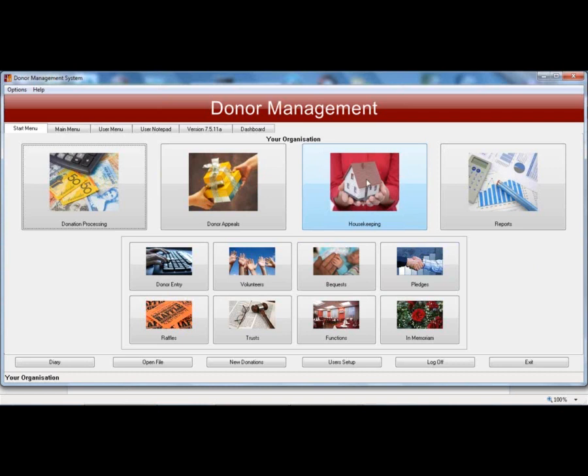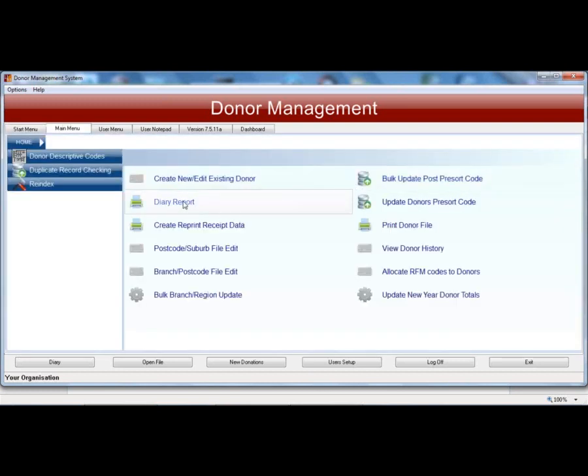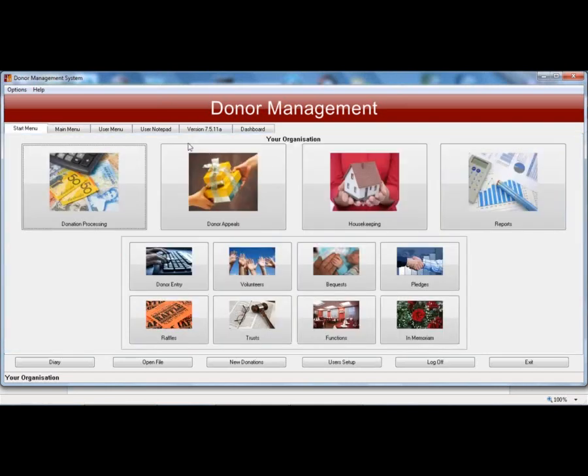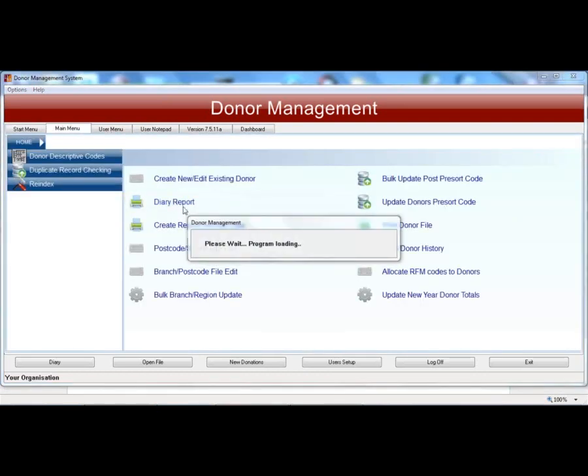Yeah, so there's a number of places that you'll see. You can go into trusts or bequests or housekeeping and volunteers and get the same report. The diary report, for all purposes, is fairly much the everything report. So you can extract just about every detail of donor records. Like if you're going on the road, then you might say, okay, I want all the people that meet this criteria. So in this case, I've got to the report by going through housekeeping, diary report,